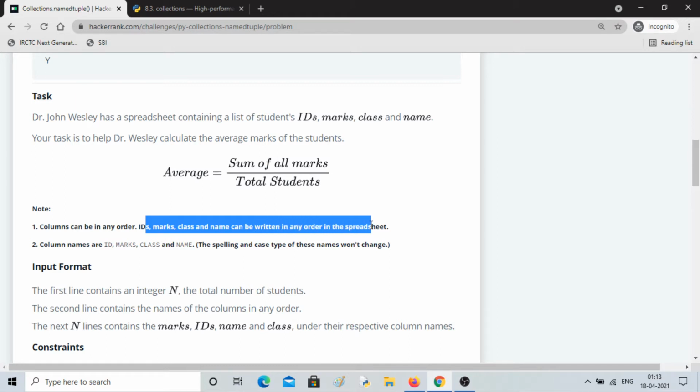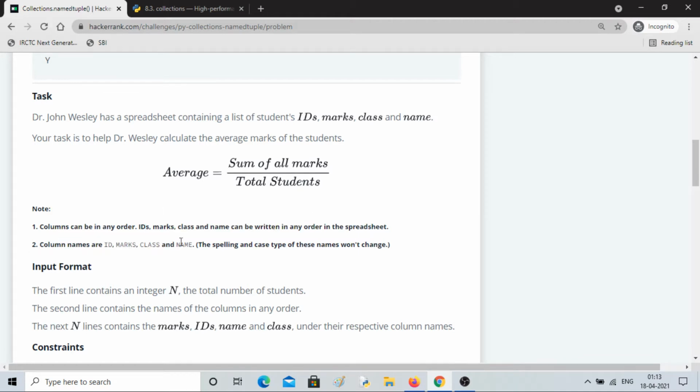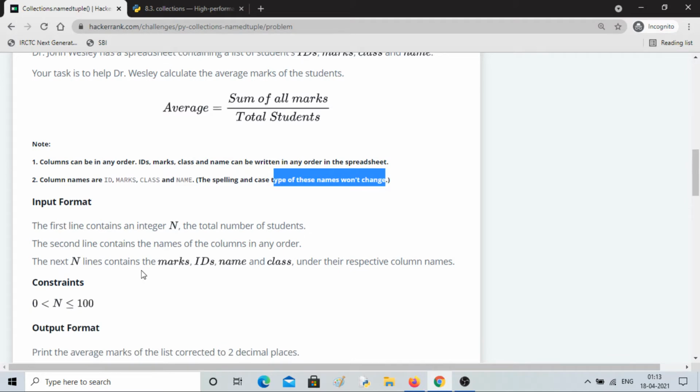It can be in any order. Now the next point is given: column names will be in capital letters. You can see it is uppercase, the spelling will be like this always, and the case will not change. So it will be as it is, but shuffling can happen in column names. The input will be given as follows.